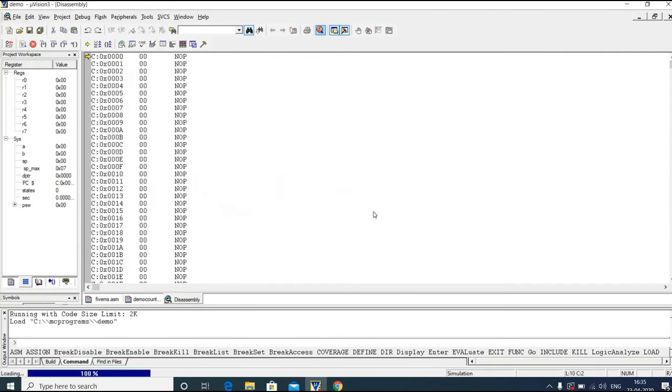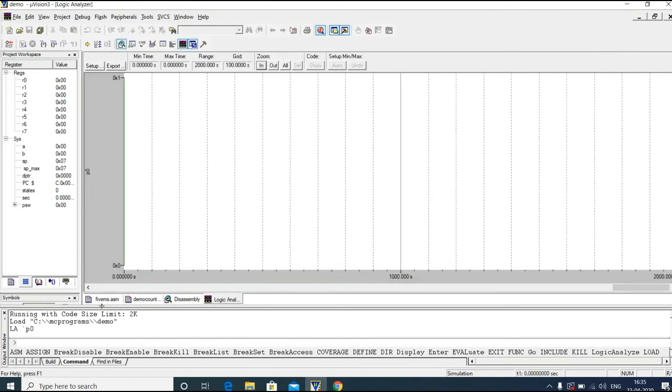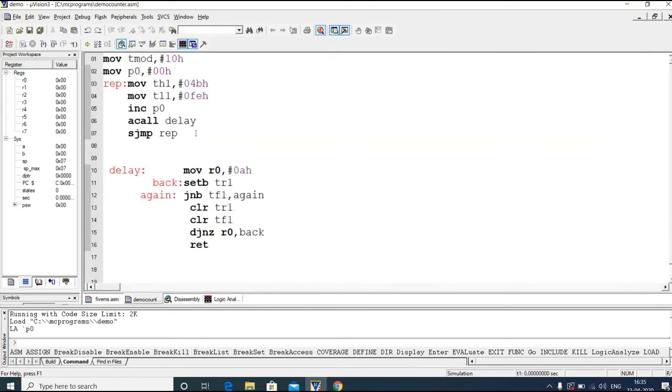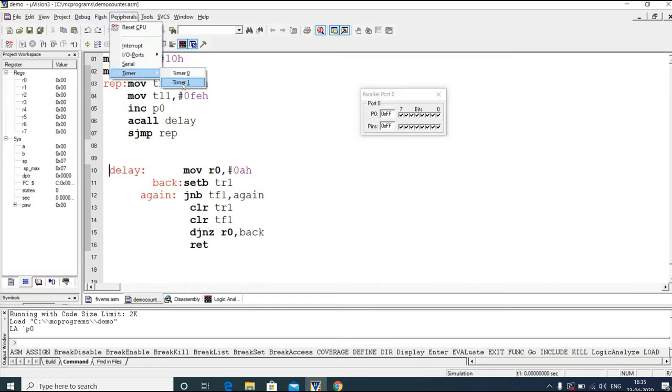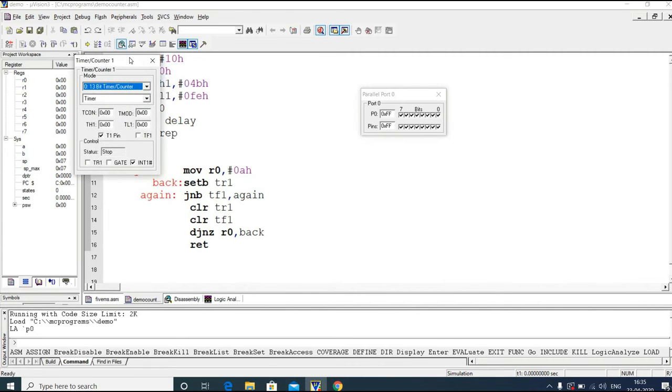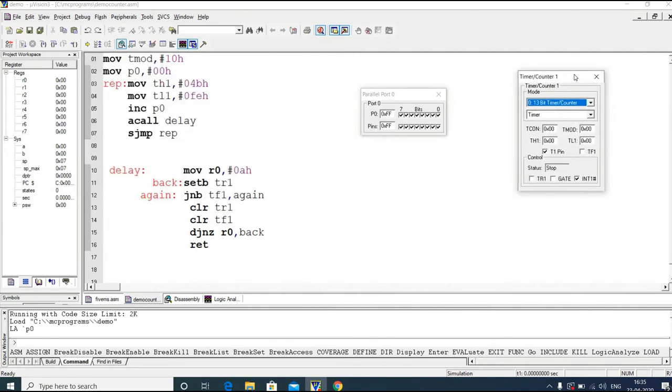We know that we are going to see the output in port P0. So we'll open the peripherals, that is I/O ports, port 0. If you want, you can open the timer also to see how it is changing. But mainly we'll watch this port 0.